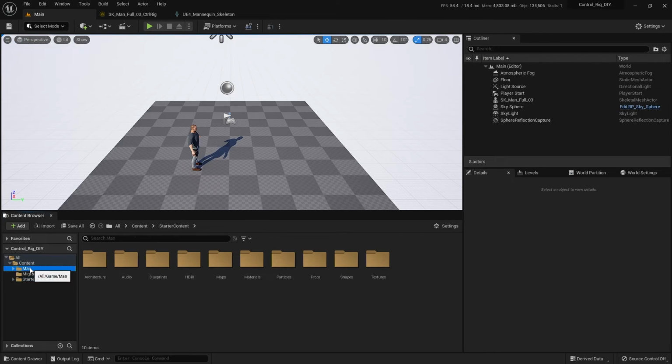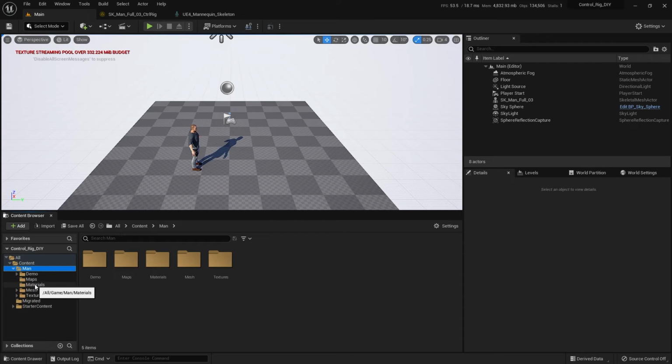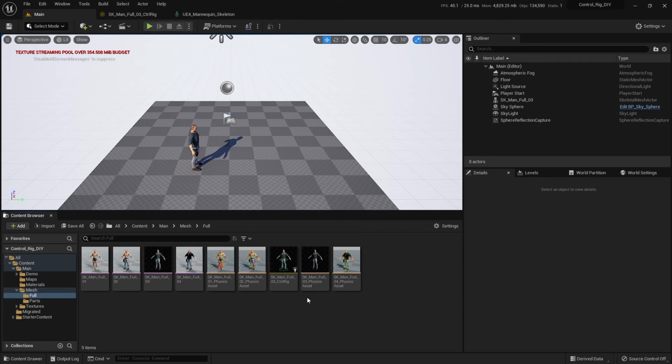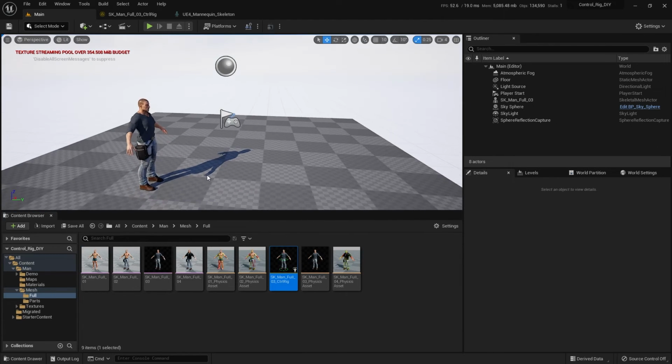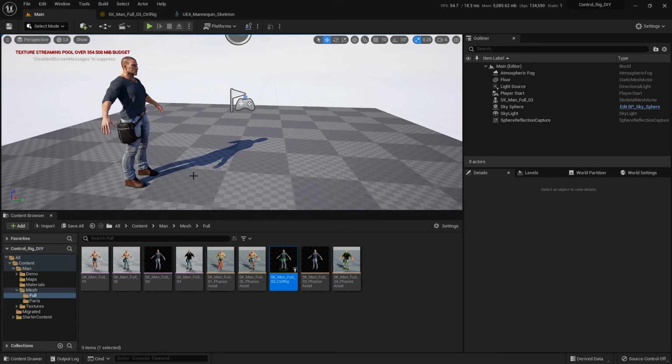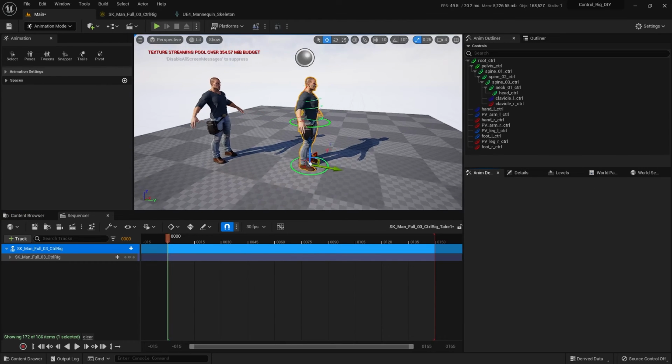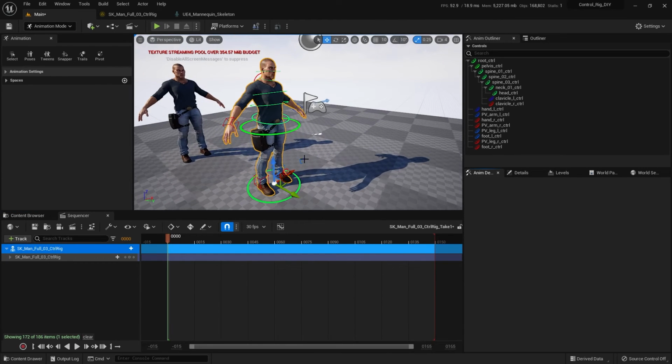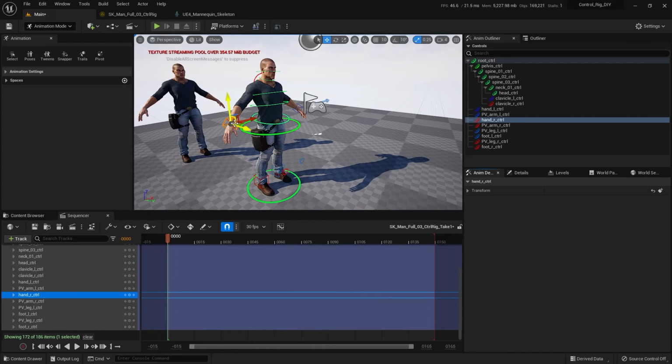If we go into our man, and we've got to go find, where did I put that? In mesh, full. Here is our control rig. So here's the non-control rig character, and you can't, off the top, do much with him other than nothing, right? I can drag my control rig in there now, and now I have the ability to animate my character, and,